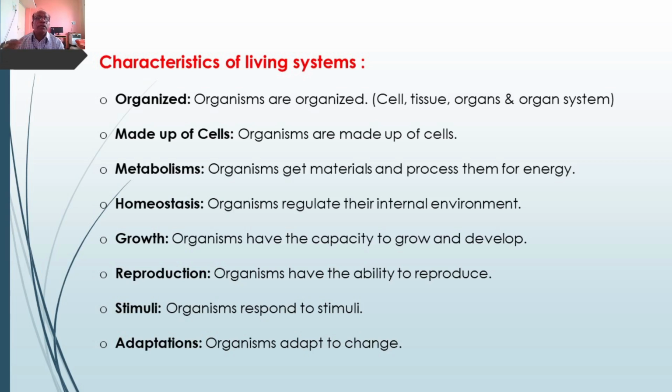Metabolism: organisms get materials and process them for energy. So whatever the nutrition or the nutritional components in the form of food containing different foodstuffs, may be proteins, fats, carbohydrates, minerals, salts, water, all of which are essential for the metabolism. So organisms get these materials in the form of nutritional components or the food, and